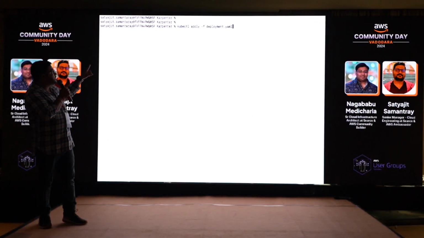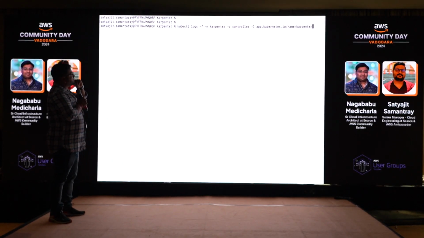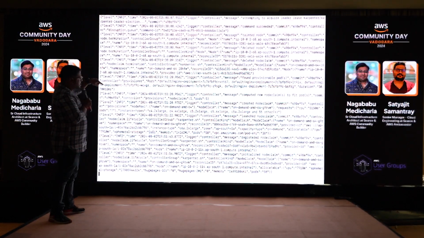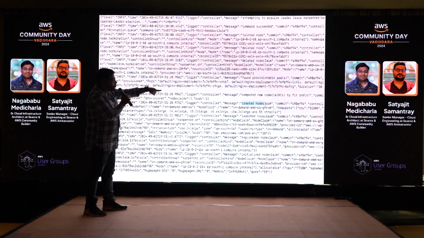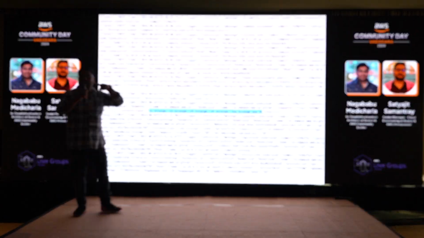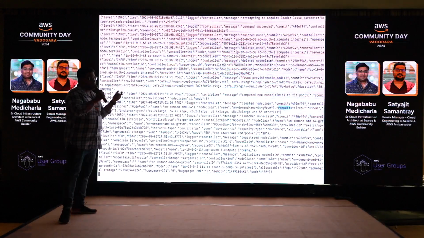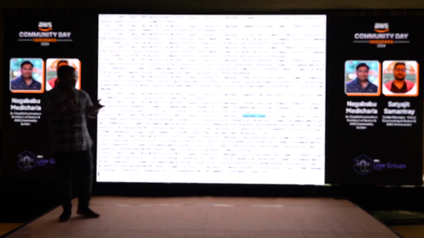And we see the Karpenter logs now. If you see the logs, a node will be created. The message 'created node claim' means it is calling the node pool and creating the node claim, which requests how many pods it wants.